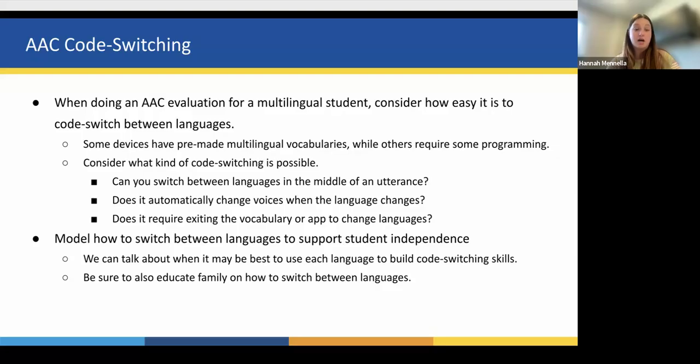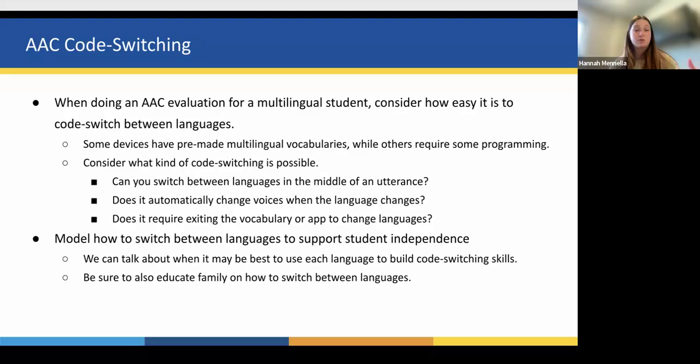And we might need to model, especially for young students or students who are new to AAC, how they can switch between languages to help them become independent in it. Again, that's something you can talk with your SLP about, talk with your device vendor company about. There's lots of great video tutorials online for different systems. I highly recommend visiting the YouTube channel or the website of the device system if you're looking for more tutorials.